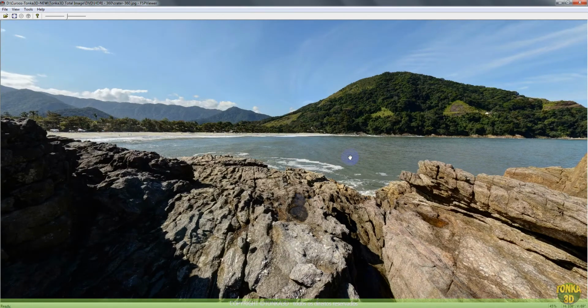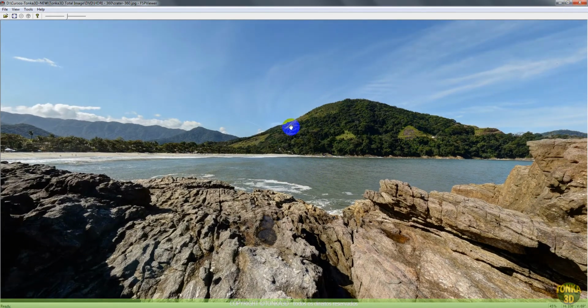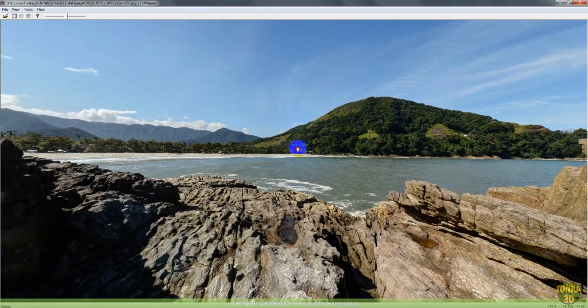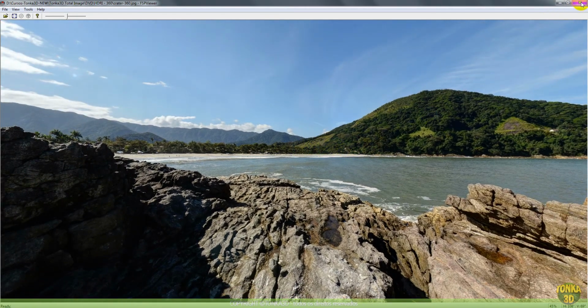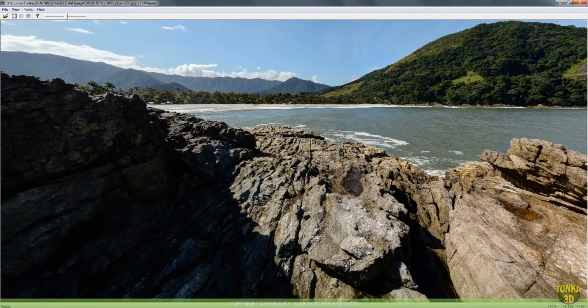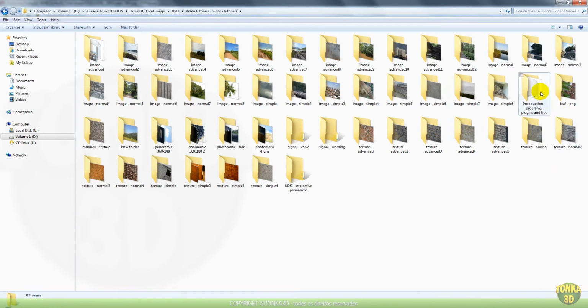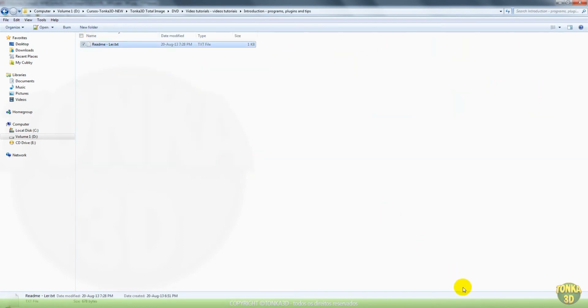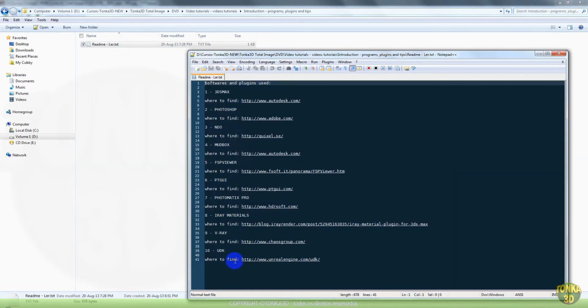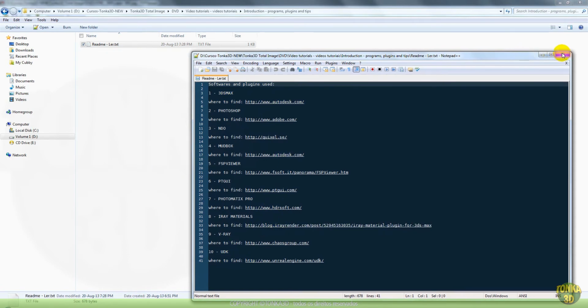Okay, these images have 14,000 pixels. Okay, this is the FSPV. It's a very simple program to work with. In the video tutorials introduction, you have the README, where you can see all the programs I'm talking about and the links of the programs. Okay,